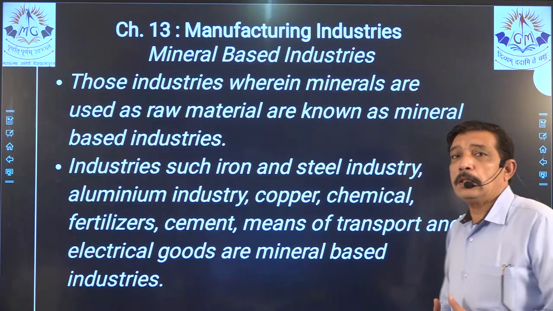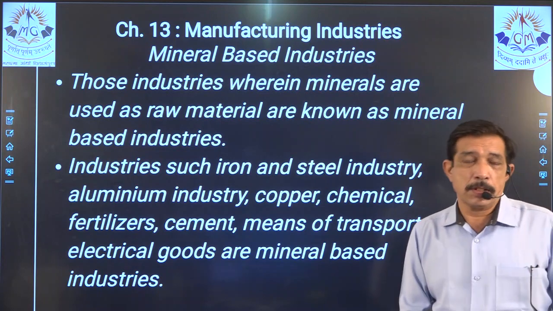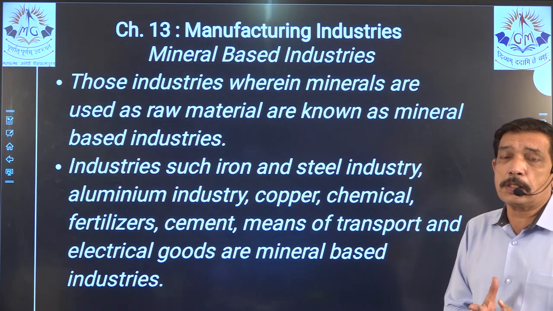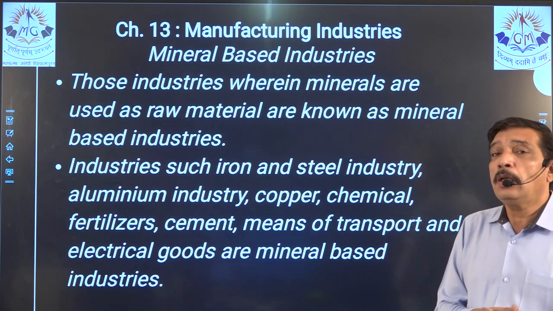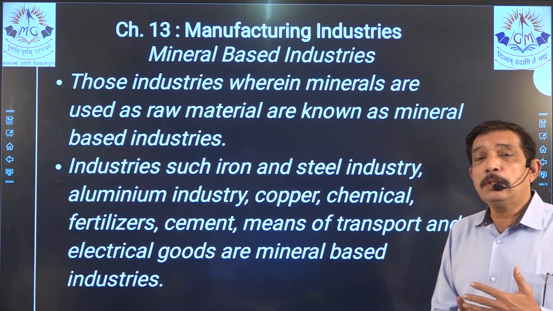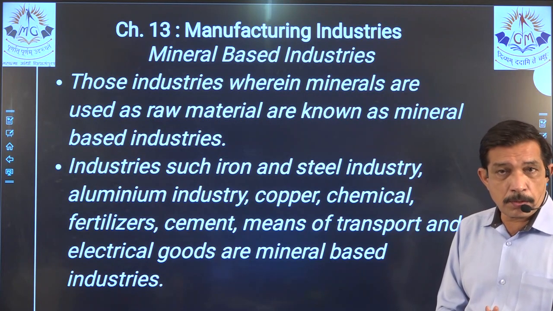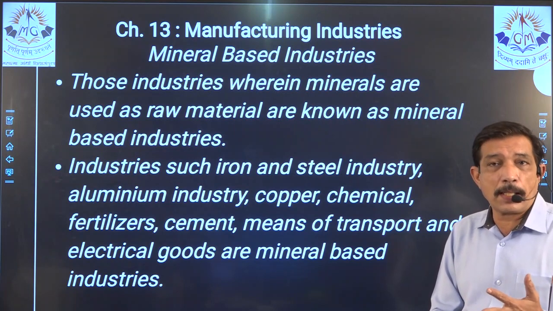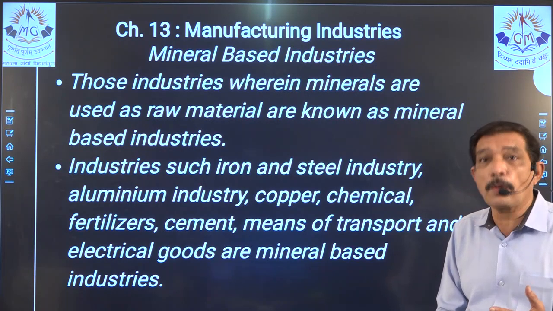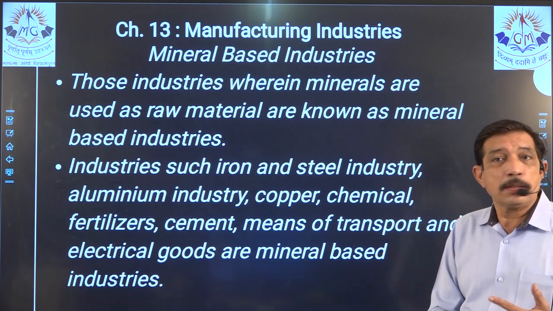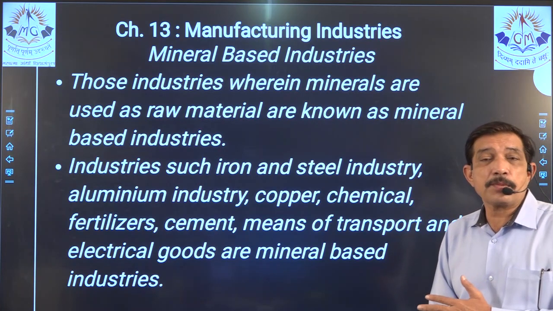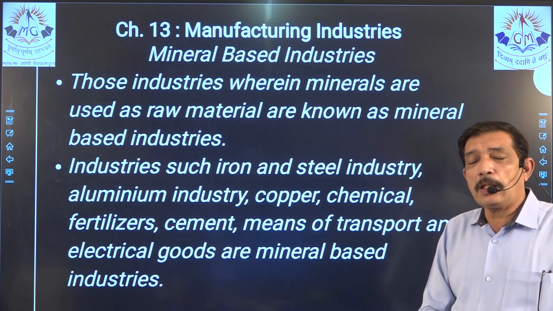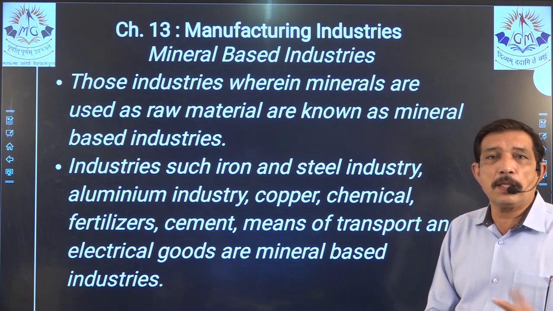Now, in the previous lecture for this chapter, we had already seen the agro-based industries, which were questions of 2 marks, and the points related to the generation of objectives. It can be match the following, it can be fill in the blanks, it can be a one-liner, it can be true or false also, and it can be as usual the MCQs, right? So 5-6 types of objectives are there. We have to be prepared. Yes, if we are well prepared, then whichever form the objectives come in, we are easily able to answer them.